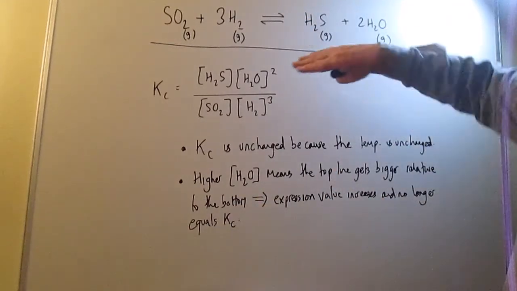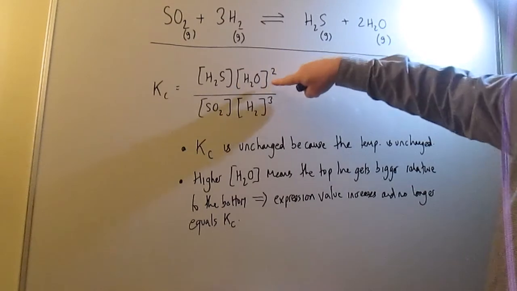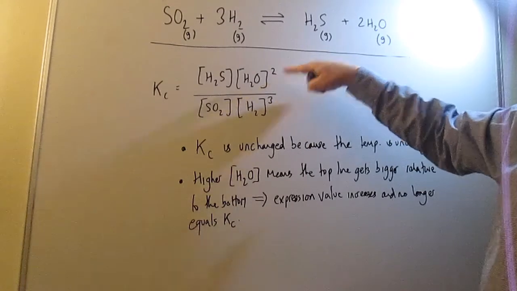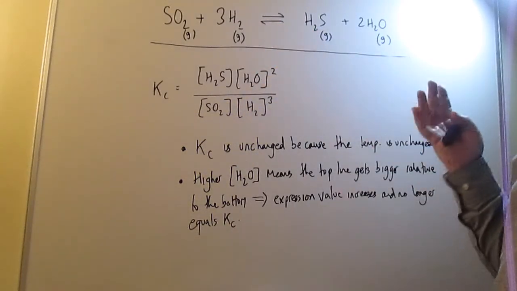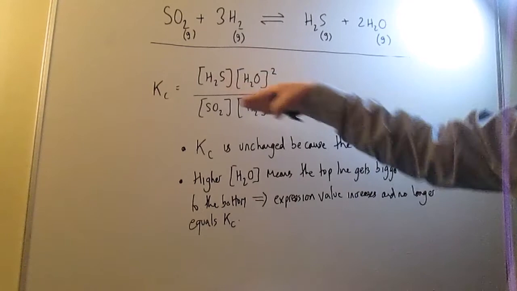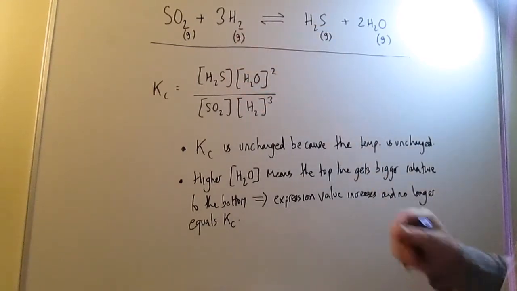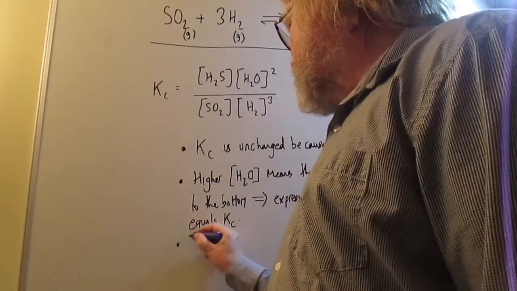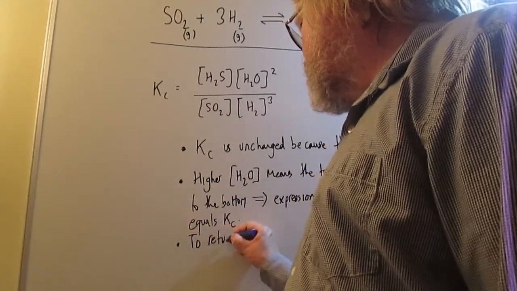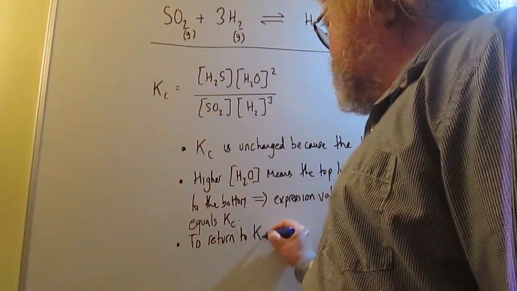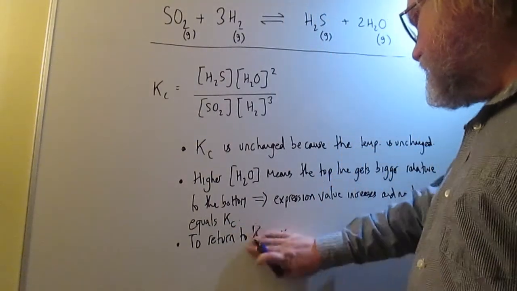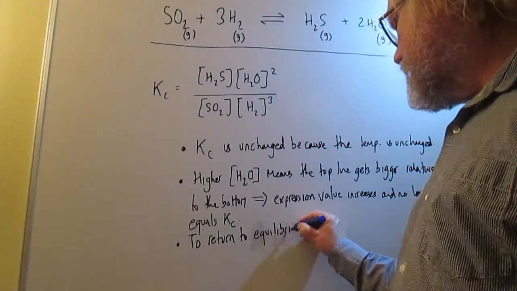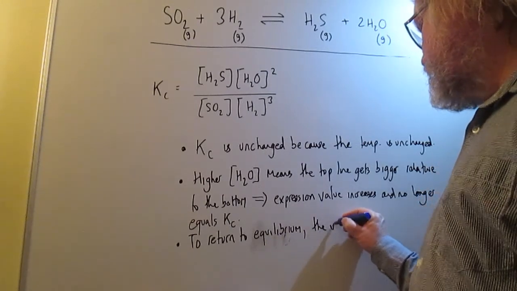Okay, so we have increased specifically that term. That's made the top line bigger relative to the bottom line, so when you do the division, the answer comes out to be bigger. To get back to equilibrium, we've got to return that expression value to equal Kc again, and obviously that means we've got to make the top line smaller again. So we say that next, that to return to Kc, to return to equilibrium, the value must return to Kc,